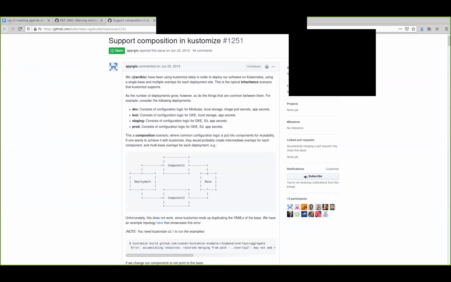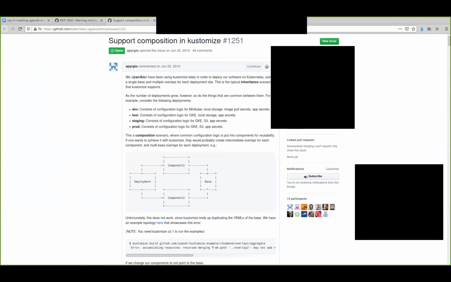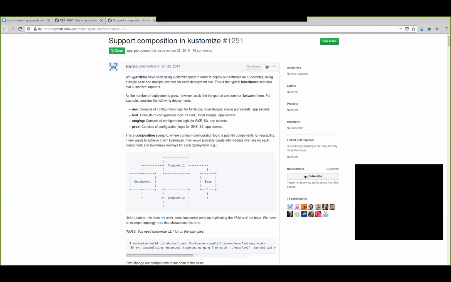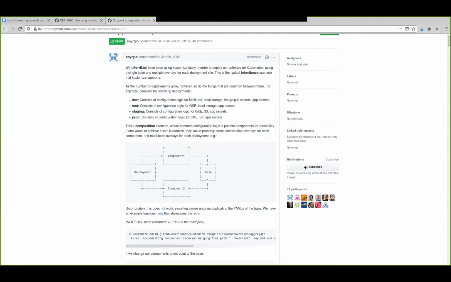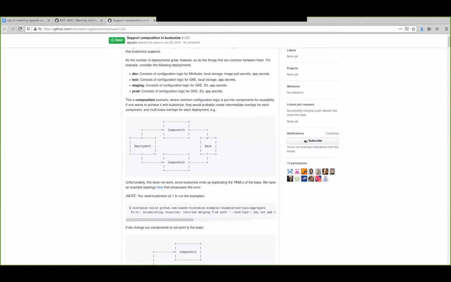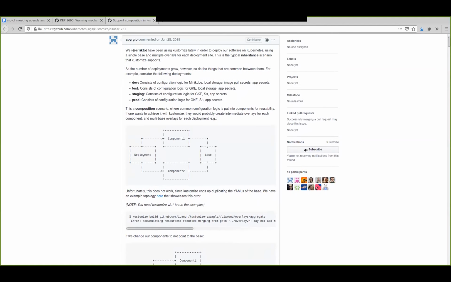Customize supports self-contained application customization logic into overlays. And you can stack these overlays, you can chain them, you can compose them as you will. The thing is, though, that if these overlays have the same base, then the customization may not apply. It may fail. So there's a discussion in this issue where we can hopefully somehow fix the situation. Philip probably knows more about it. Hopefully you've seen this issue, Philip.